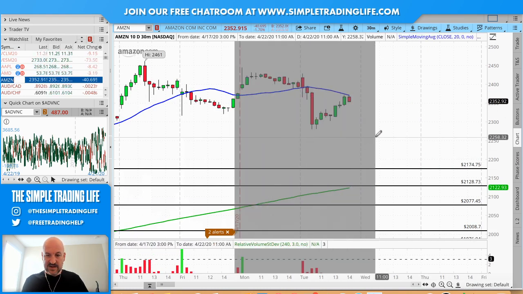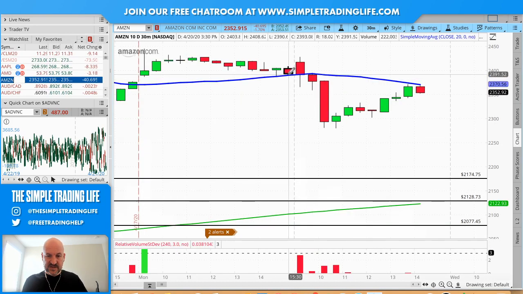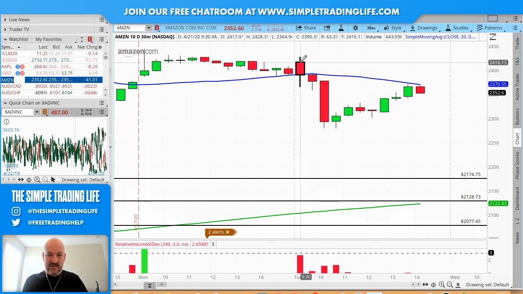All right, so on Amazon, here's where we closed yesterday. We gapped up, just barely went up, sold our way down, came back up to the 20. So this is what we call a break. We broke the 20, retest, and go. This is a pattern that plays out a lot. You break through a level or a moving average. So this is what we broke through, the 20 simple moving average.